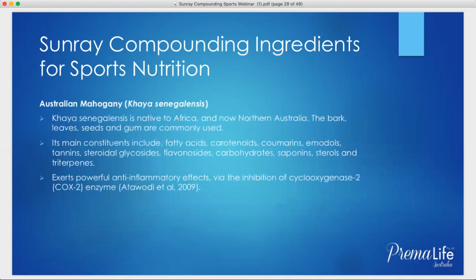It's a herb that we've been excited about for a long time. The mahogany is in the remedy or the supplement we market called Polyvital. The whole concept of it being a high polyphenol product primarily comes from the Khaya senegalensis. They call it a native of Africa, but the mahogany trees have been broken down extensively in Africa. There's not a viable source of mahogany bark from Africa, and